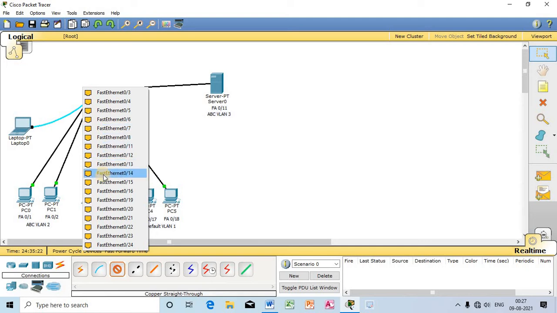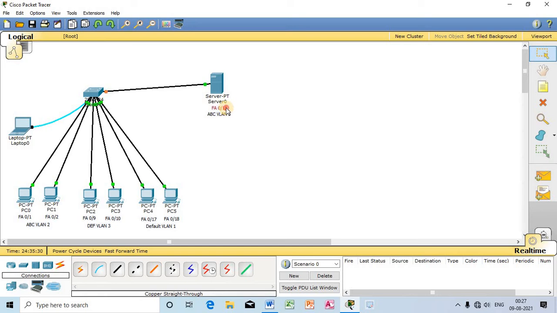Many ports are available here, and I am going to use FastEthernet 0/19. So I have now connected to port FastEthernet 0/19, and this belongs to the default VLAN. So this is the default VLAN.